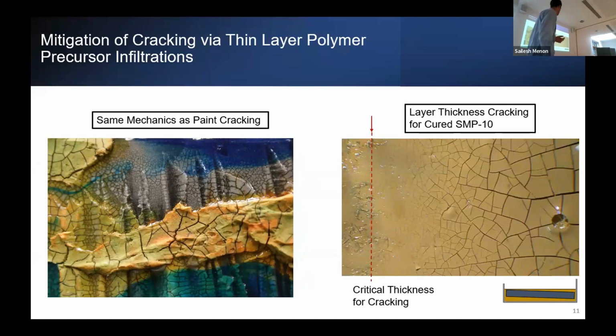The same can be shown with just neat SMP10. This is basically a vat of SMP10 in which a plate of fiber preform is lowered into it, and you can see that at very thick areas of SMP10 you get this large cracking, and as it gets thinner, that cracking gets smaller and smaller until you reach this critical thickness. Now, the critical thickness is pretty hard to define exactly between the green and ceramic phases, and we haven't dived too deeply into that. Mostly we've been taking the critical thickness of the green SMP10 and doing about 1